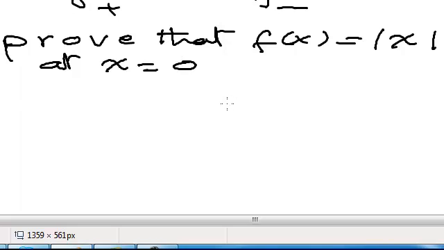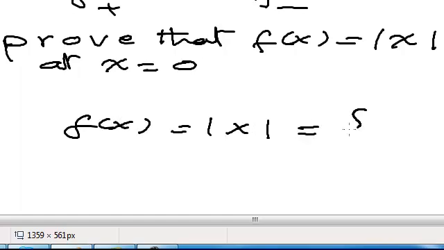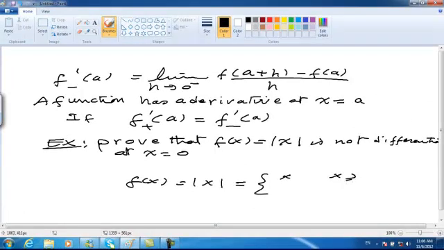We define f of x equals absolute value x as a piecewise function: x for x greater than or equal to 0, and minus x for x less than 0. Graphically,